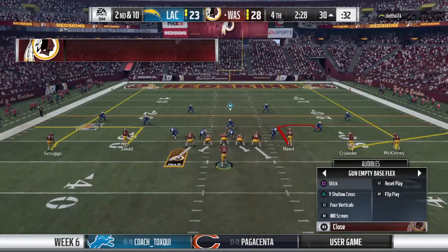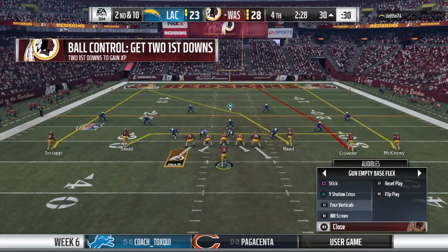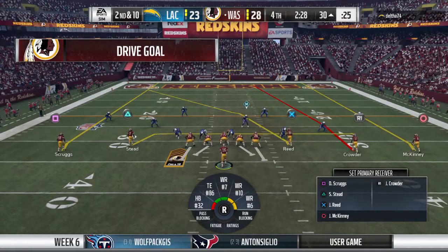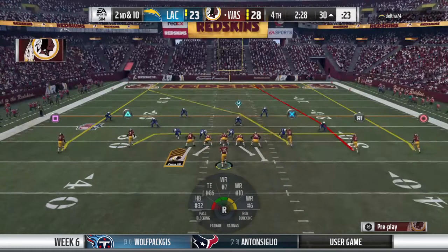Watch it now, Barney! Barney! Now let's go! Blue 90! Blue 90! No, check! Patriot! Set! Blue 90! Blue